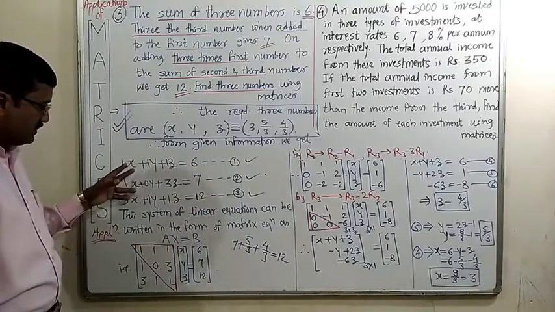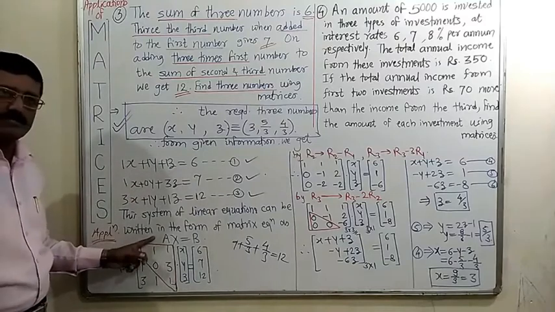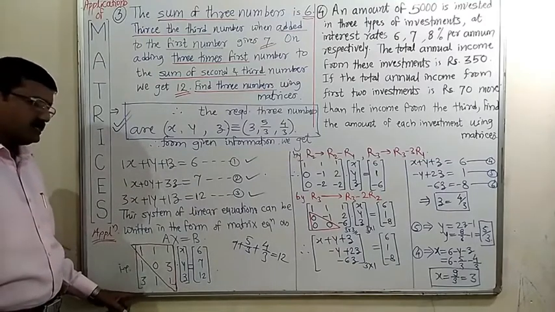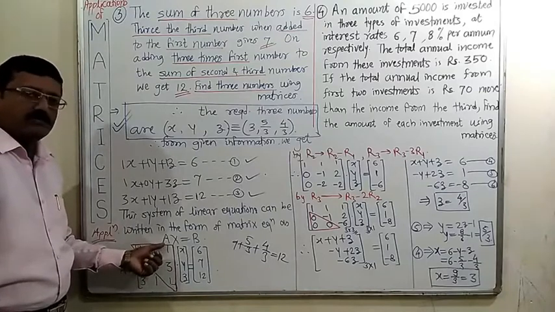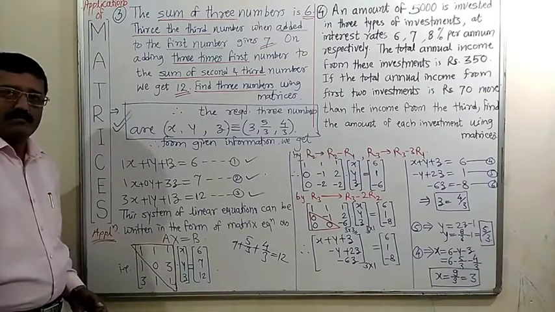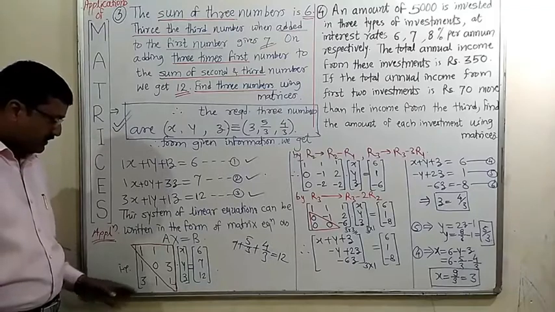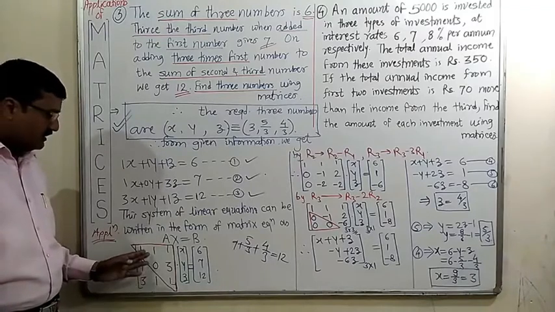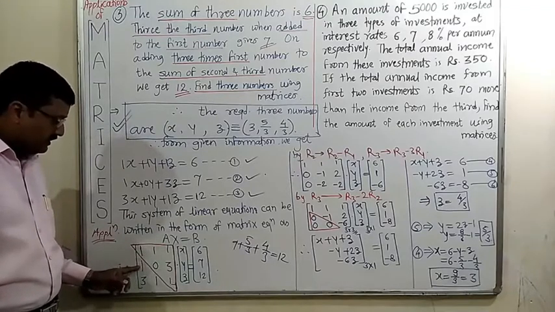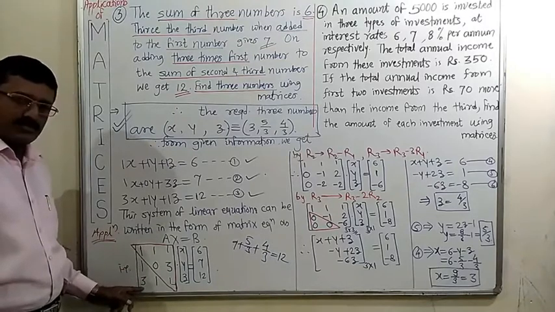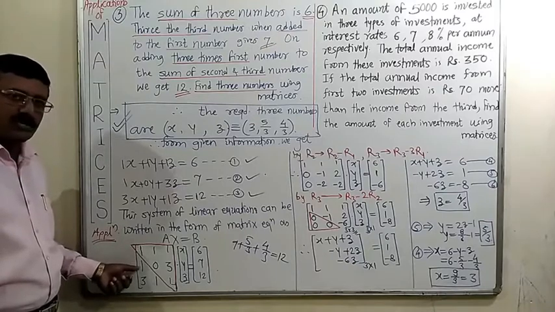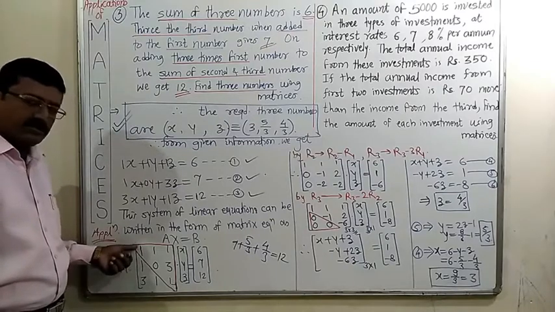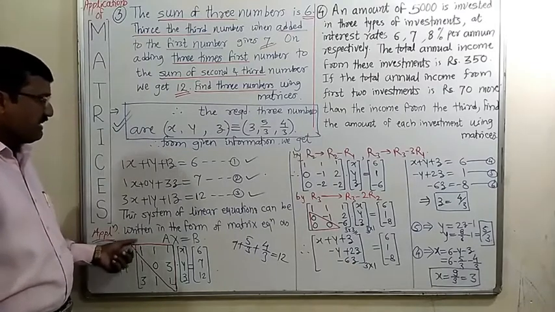We can write this system of linear equations into the matrix equation AX equal to B, so that we get this equation. In this equation, we have to convert matrix A to an upper triangular matrix or lower triangular matrix. Here we are converting it into an upper triangular matrix, so we will convert these three elements to 0. So this is 1, so this 1 minus 1 becomes 0. So R2 minus R1. 3 minus 3 becomes 0. So R3 minus 3 times R1.